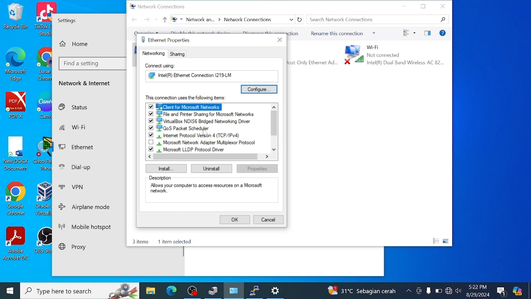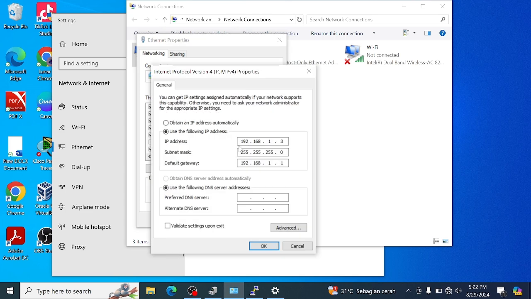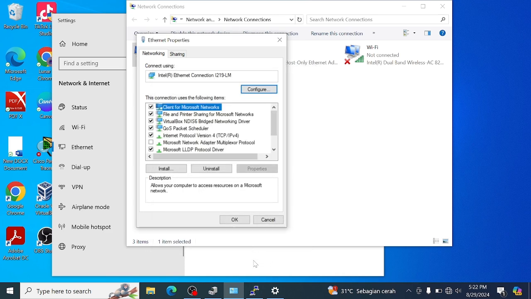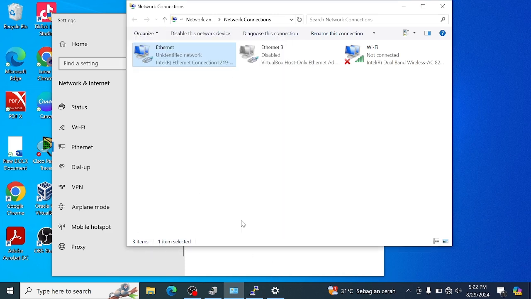You choose Internet Protocol, and you use the option to obtain an IP address automatically, like on the screen. The same change applies below as well.